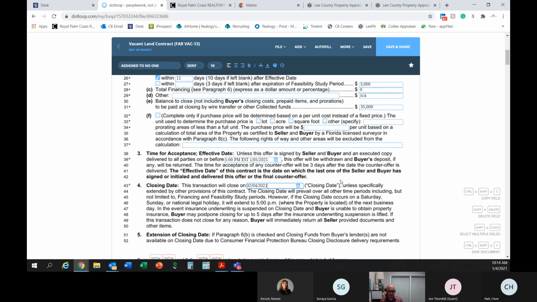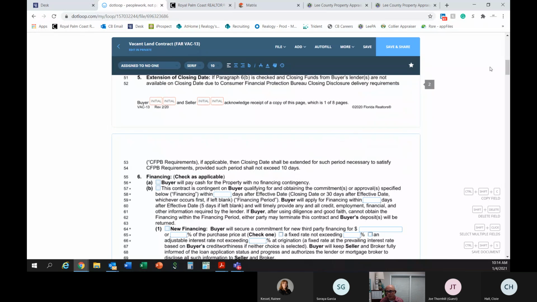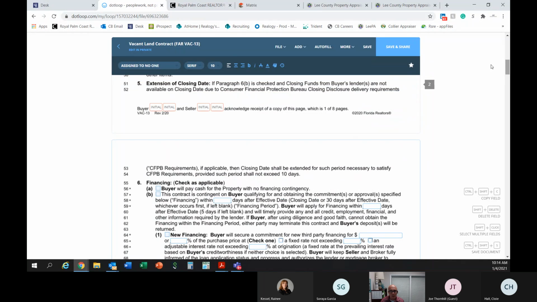Try not to, if there's financing involved, close towards the end of the month, because you almost buy the buyer one whole month before their first mortgage is due. If you close at the beginning of the month, then the first of the following month will be their first mortgage payment. But again, because this is land and it's a $40,000 purchase, financing is probably not going to be involved. Any questions on any of that? Closing date, or,